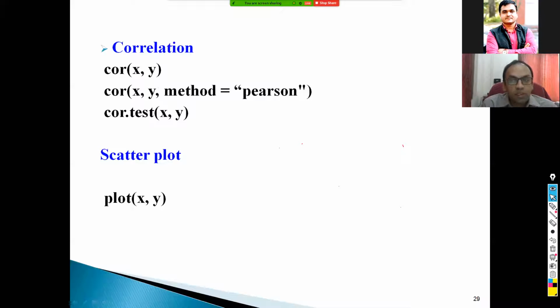So usage is very simple. See, codes are very much one-line code only, and most of the codes are the